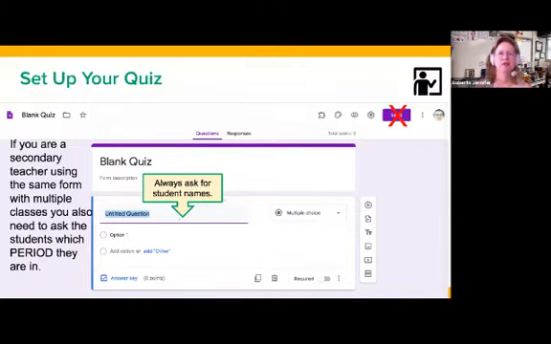Google Classroom will import the scores, and that should tell you who scored what. But if you ever want to look at this data in a spreadsheet, you're going to want to know what your students' names are. And so always start with "What's your name?" And I usually ask for last name, first name,